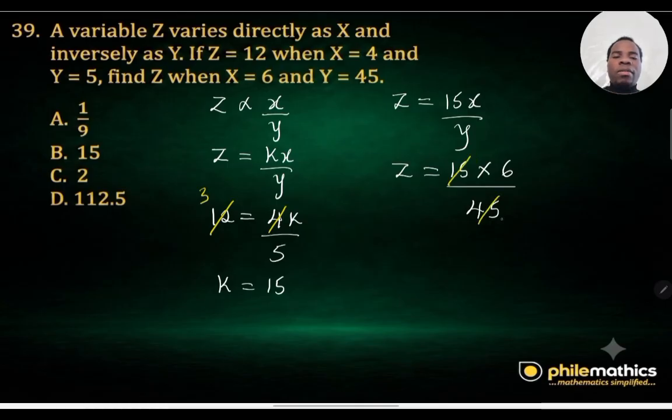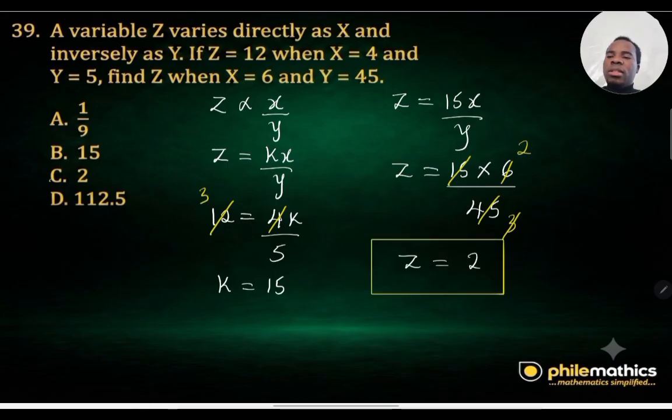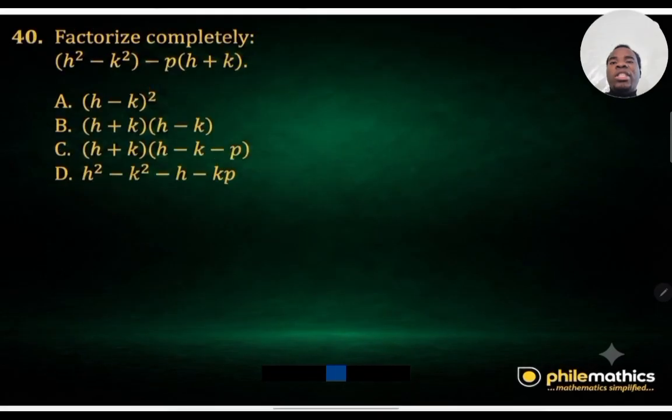15 can go into 45 three times, 3 can cancel 6 two times, so that we get z as 2, which is C. This question tests our understanding of factorization, specifically factorization of a quadratic expression. For you to solve this